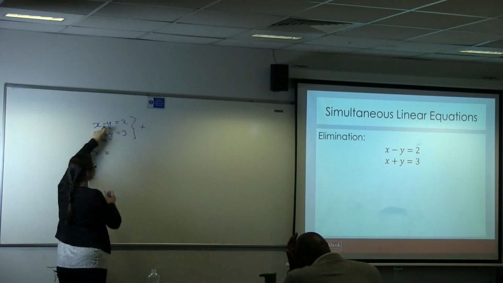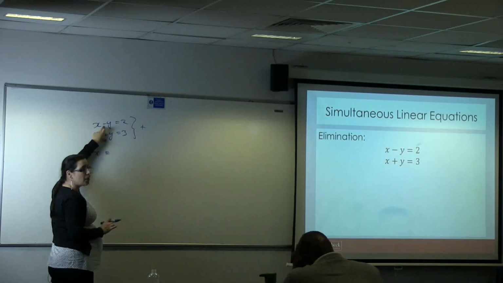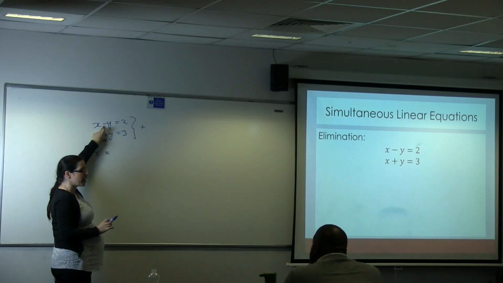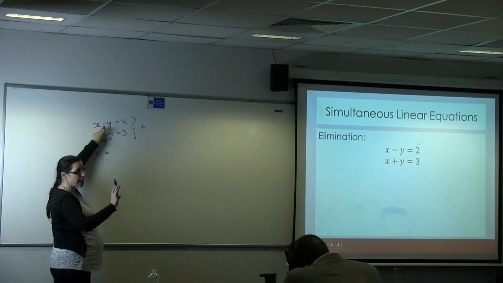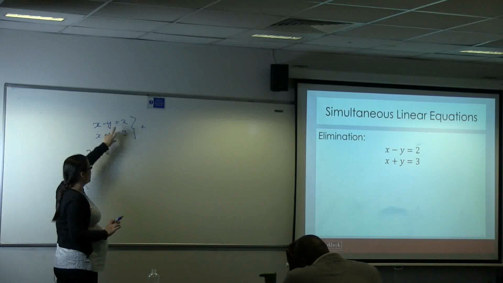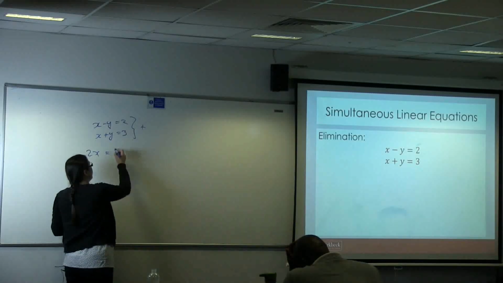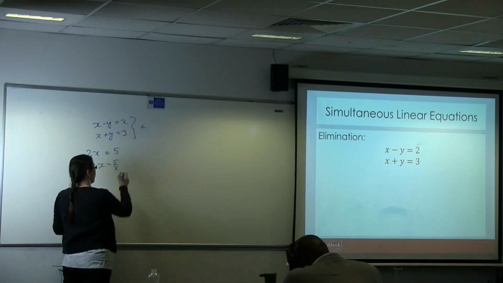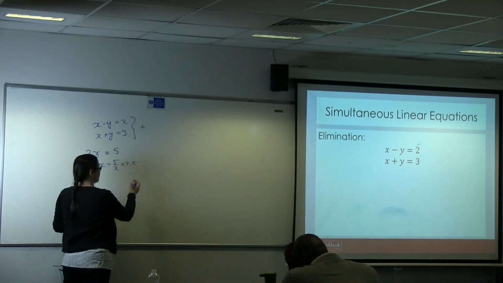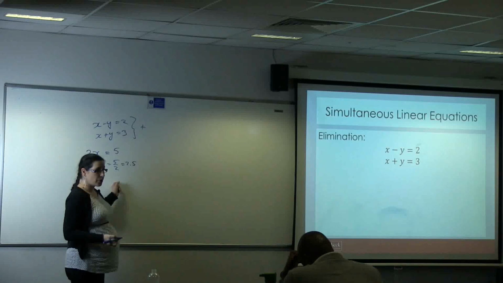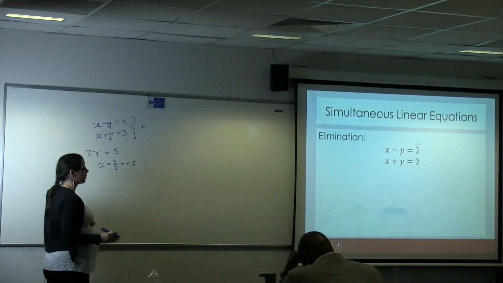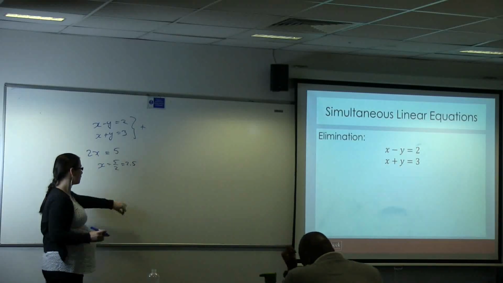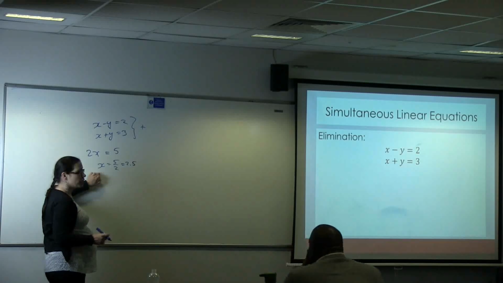So this is actually the elimination part, because by adding the two equations together, I got rid of y. And 2 plus 3 makes 5. So x equals 5/2, or 2.5, whichever you prefer, because this is now a finite decimal. Now I've got the solution of x,